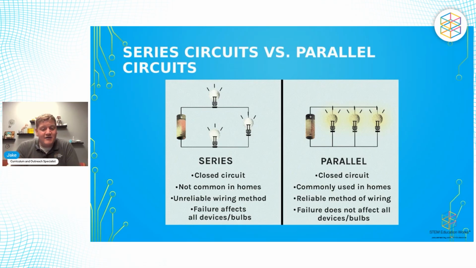Now, in the case of a parallel circuit, it's wired a little differently. Now we have multiple paths the electrons can take. And what's really nice about this is if one of our light bulbs burns out, it means that the rest of them don't burn out. So during this holiday season, as we get into Halloween, Thanksgiving, and especially Christmas, this could be a very good example for you to use for your students to talk about Christmas lights. So if a Christmas light is set up in such a way that all of the lights are in series, that's not a good idea because after all, if one of those lights burns out,